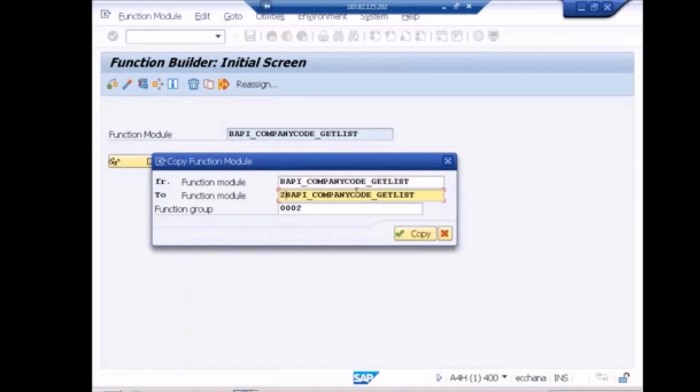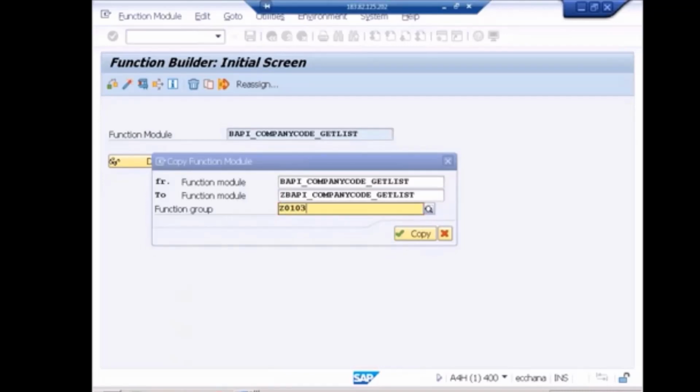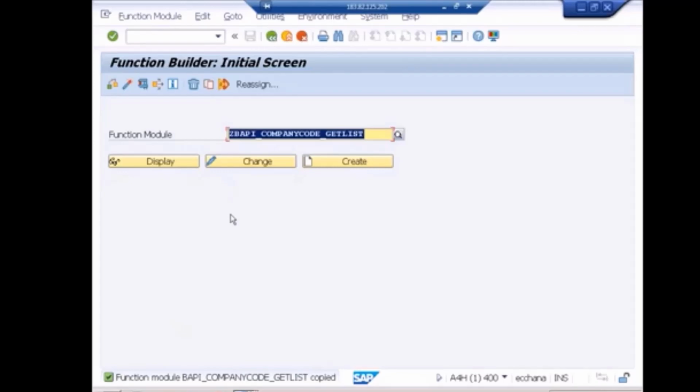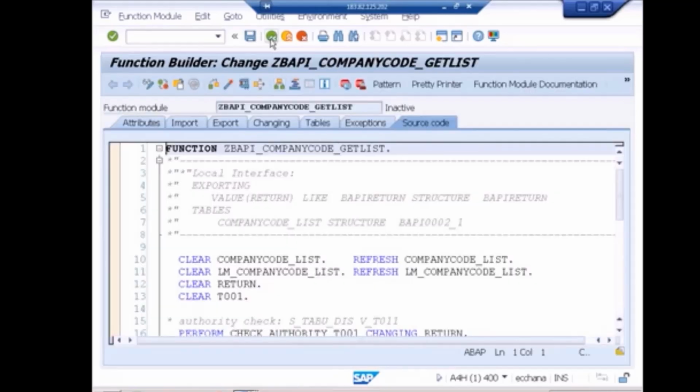And when you are copying, you have to follow the BAPI standards. A BAPI function module must start with BAPI underscore, same story. So it is starting with BAPI underscore. Done. I'll store it in my own function group, Z1030 group. So I'm giving the function group. Done. The function module is copied. Clear? Now I need to do the necessary changes. I can open this in change mode now, right? So here you can see